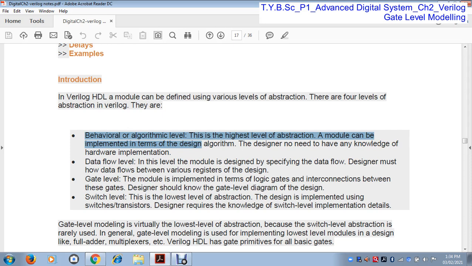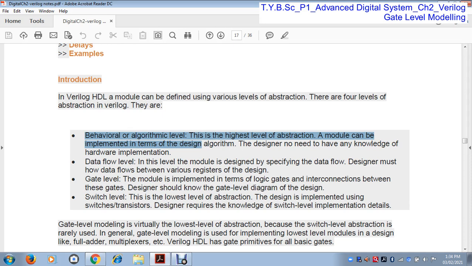Next is the data flow level. In the data flow level, the module is designed by specifying the data flow, how data flows between two elements or two components. So the designer must know how data flows between various registers of the design.